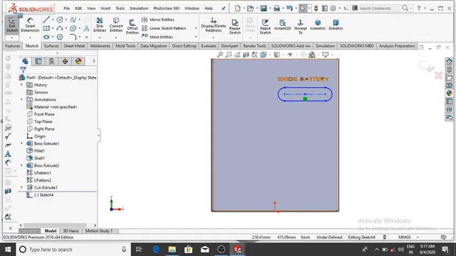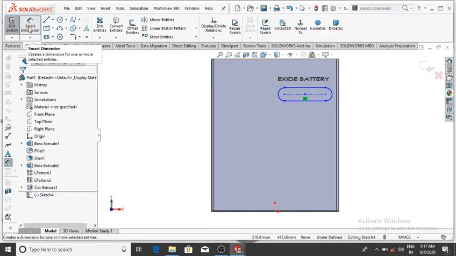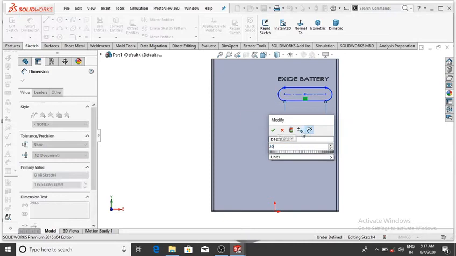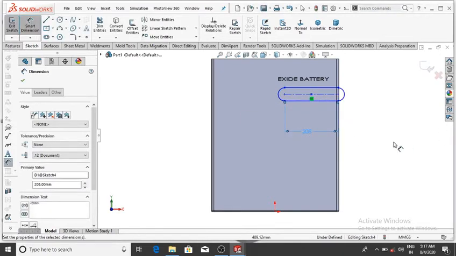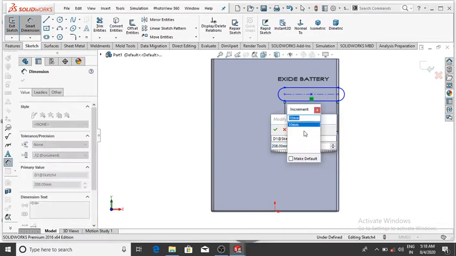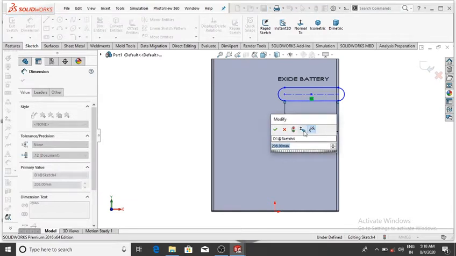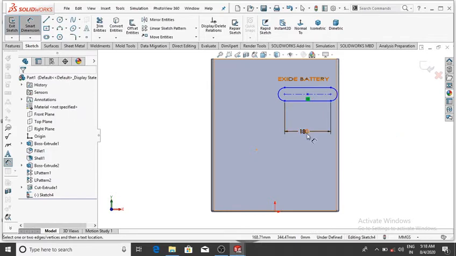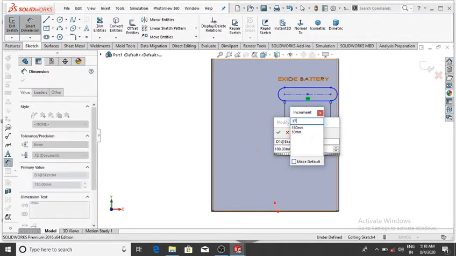And make the smart dimension 208, then OK. It will be large, so make it 180, then OK. So make it 170.